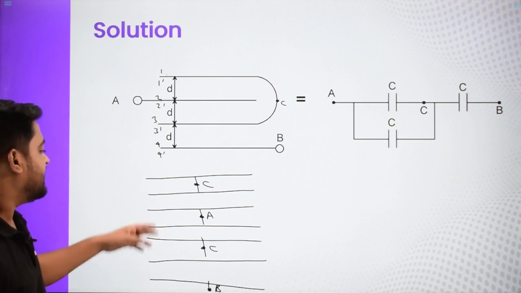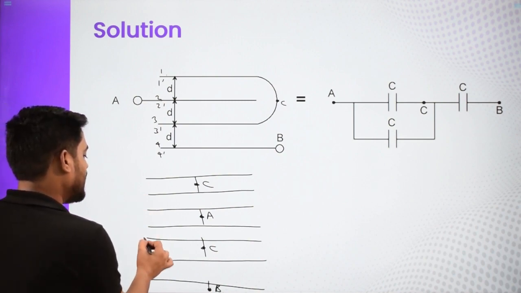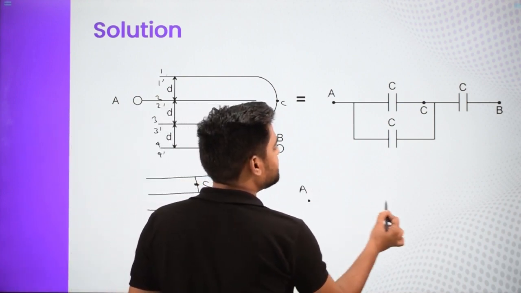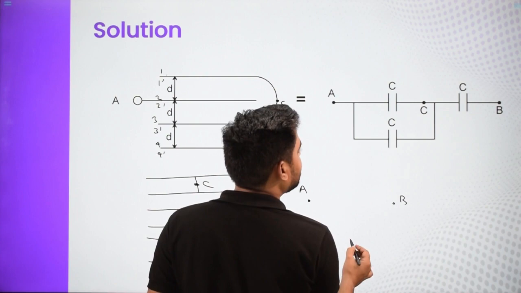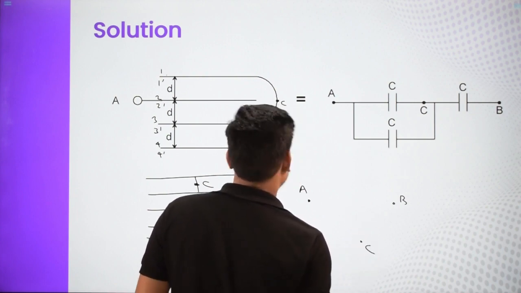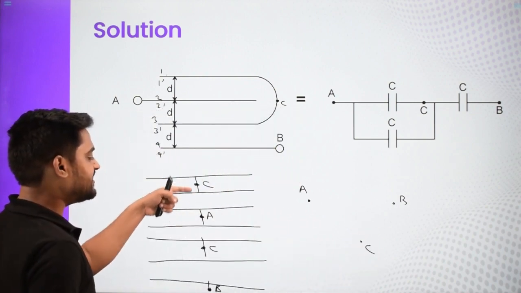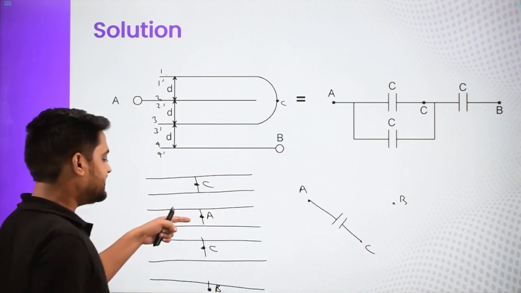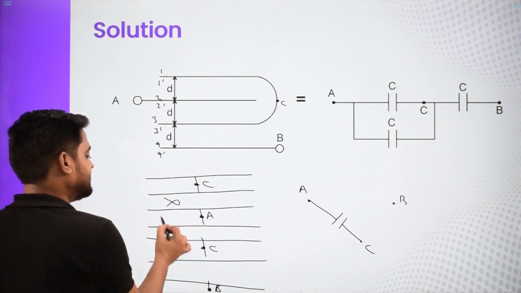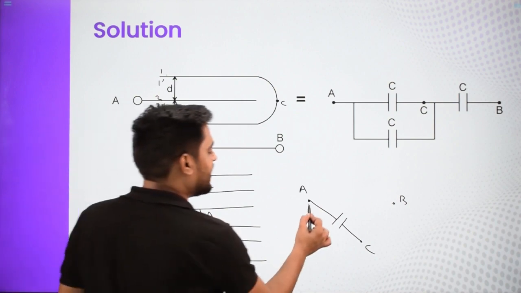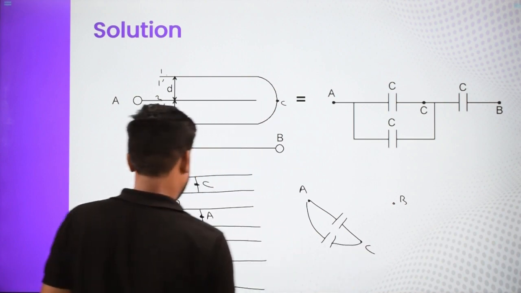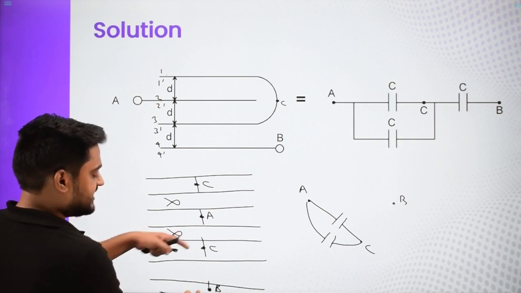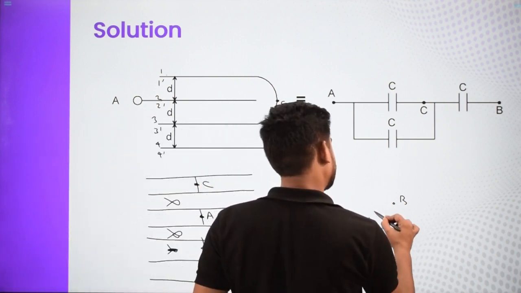So there are 3 capacitors, 1, 2 and 3. And there are 3 points A, B and C. So this is my A, this is my B and C I can draw anywhere else. This is my C. So this capacitor is in between C to A, right? So C to A, there is one capacitor. Next capacitor is A to C. So there is one more from A to C. This is done. And this is between C and B. So C and B, there is one capacitor.